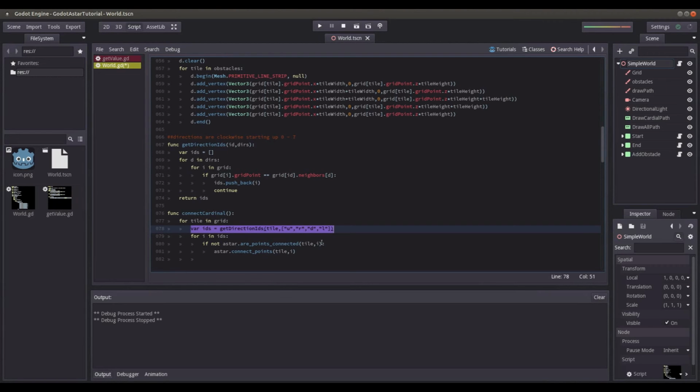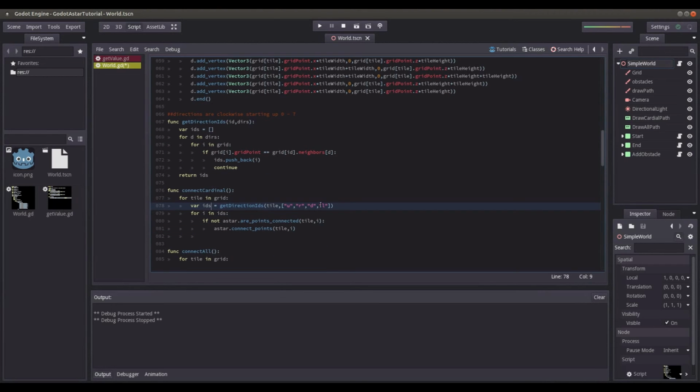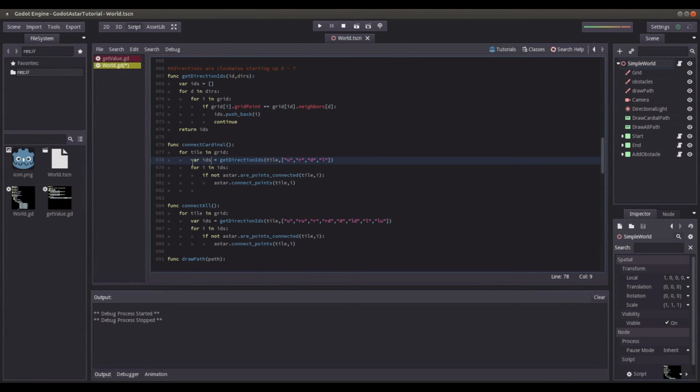It just looks through your directions, finds if it's in there. If it does, it puts it back, and then it returns this array of actual Astar IDs now. And that's what you want. So then this would be considered Astar IDs. And so then you would just